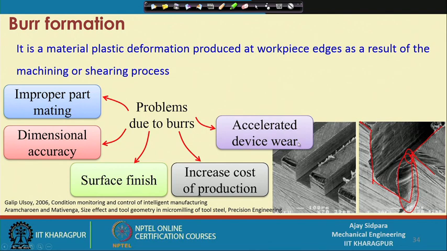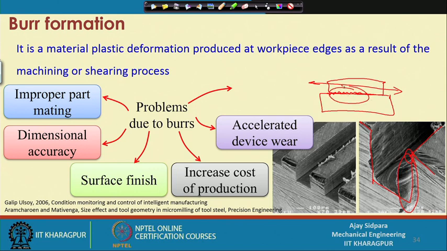And accelerated wear of the devices. Consider that burrs are present here and this surface has a relative motion. Suppose you have one workpiece and some burrs are located on the top surface, and there is another component with relative motion, reciprocating in this direction. These burrs will be broken off and will become the interface between the two surfaces. Let us magnify this surface: this is the top surface and this is the bottom surface, and whatever burrs are removed